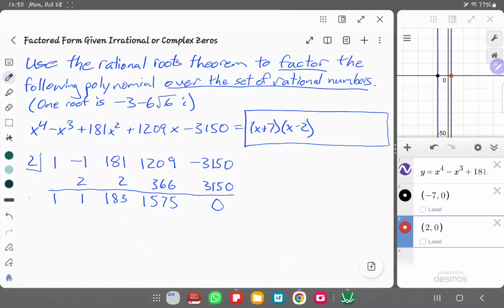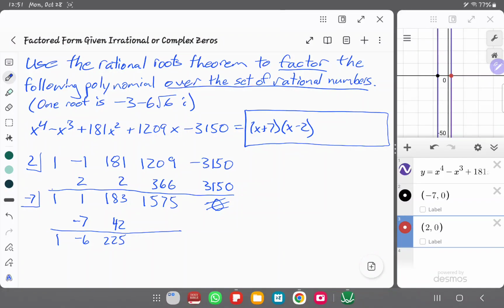We'll go ahead and take out the negative 7, that x plus 7 as well, and I can just do this right underneath it. We're not going to take that 0 into account on this step. So bring down the 1. Negative 7 times 1 is negative 7, and I'll go and add negative 6. Negative 7 times negative 6, we get 42, and I'll add those, and that's going to be